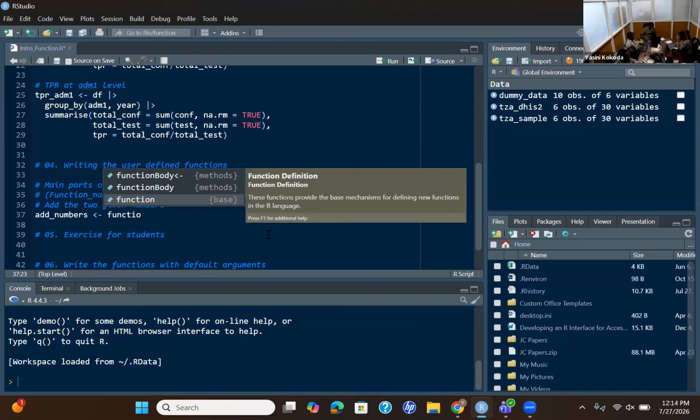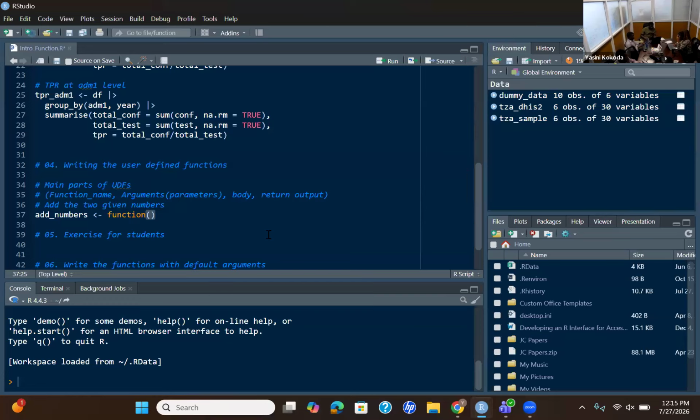As you start typing, it should pop up here, and then you click enter to autocomplete and you will see the parentheses. In the parentheses, you need to put the arguments. In our case here it is two numbers, any two numbers. So let's say I call number one A, number two B. After that, you need to put the curly bracket.